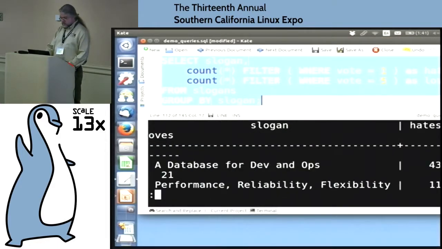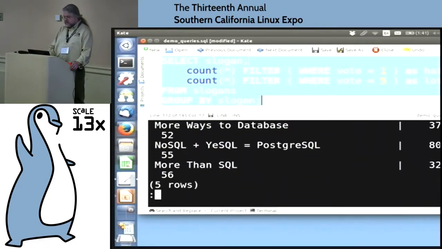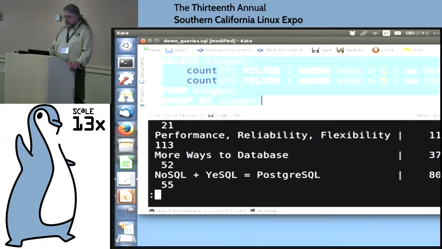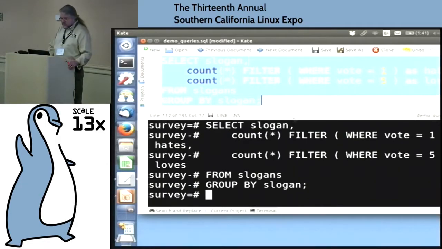So there we go. If we look here, we see some patterns. For example, performance, reliability, flexibility did well because it had a lot of loves and very few hates. And NoSQL plus YesQL was really widely hated, hence its low score.